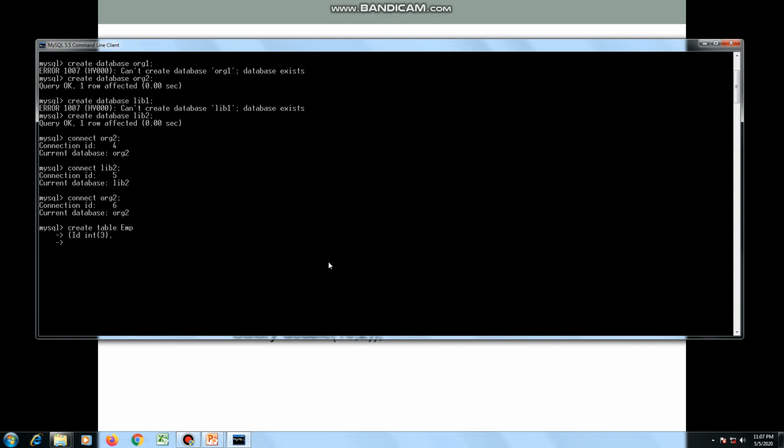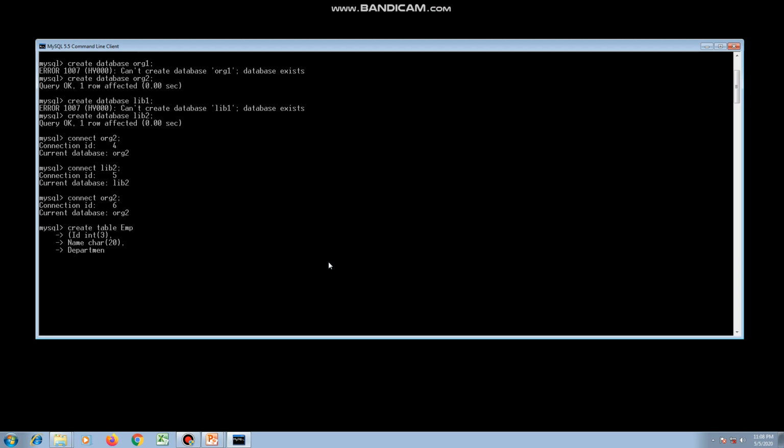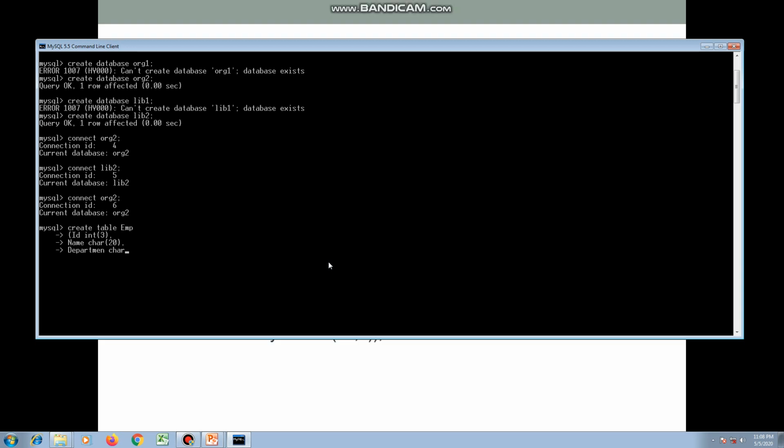So the next field is name, and data type for name column is character, and here I am specifying size of name column. That means we can store any name up to 20 character long. Again, department, for department we have data type is character, and size of this data type is again 20. That means we can store any name of department up to size of 20 character.